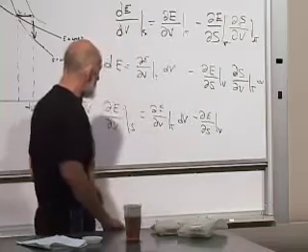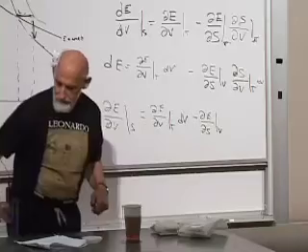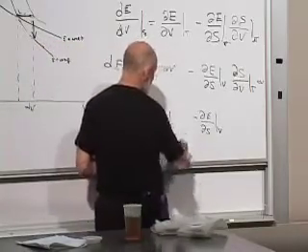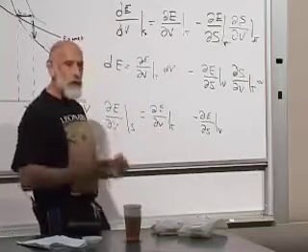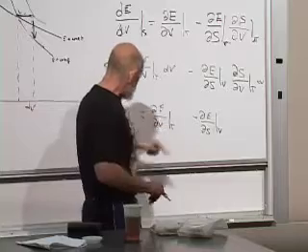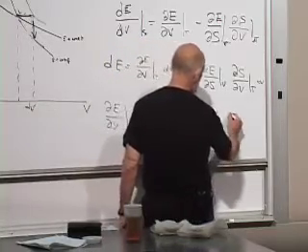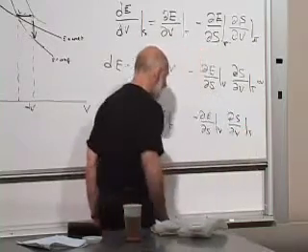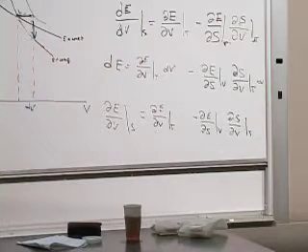Say it again? Yeah, take the dV out. I have a certain threshold. When the symbols just get too many, I just really lose them. The dE/dV at fixed temperature minus the dE/dS at fixed volume, dS by dV at fixed temperature. That's my first line, yeah. I just rewrote it.